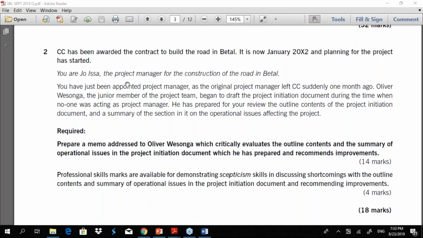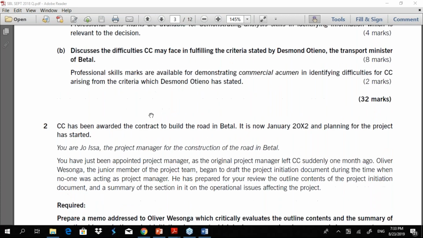So when you read a role like this, the moment you read the role project manager, wear that hat of project manager. Now you must think like a project manager, act like a project manager, do what needs to be done, and behave like a project manager. Only then would you be able to answer the question accordingly. So if you're a finance manager, then you must wear that hat. Normally you will be given only one role, but in this particular examination the roles keep on changing.